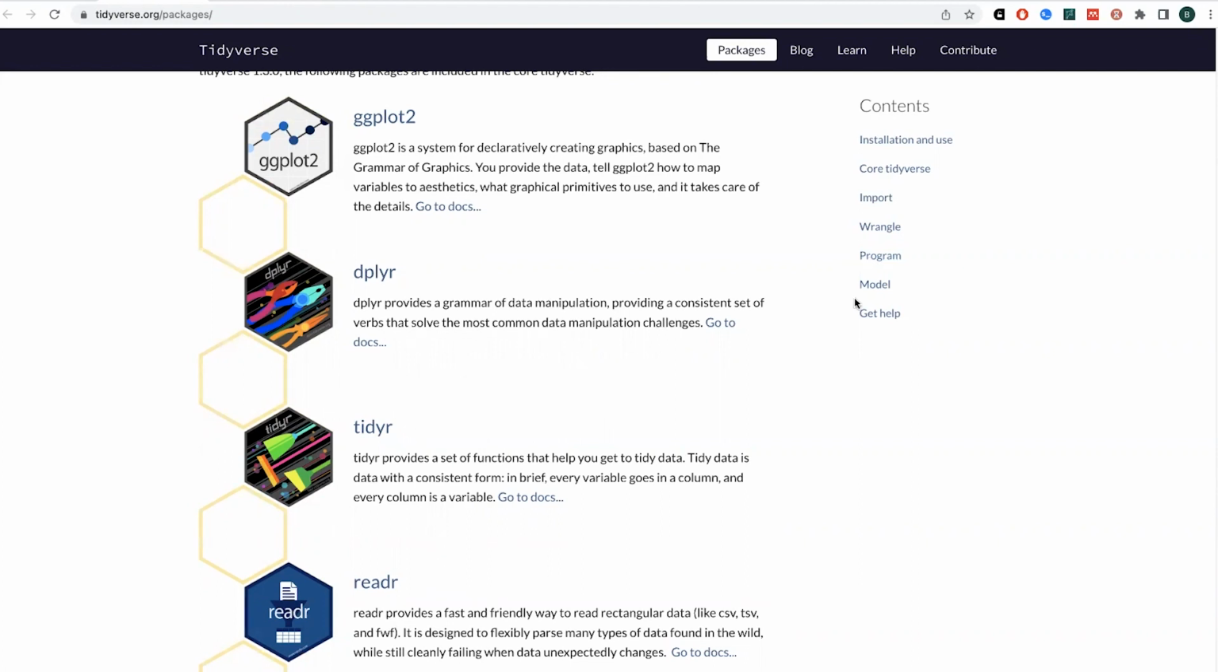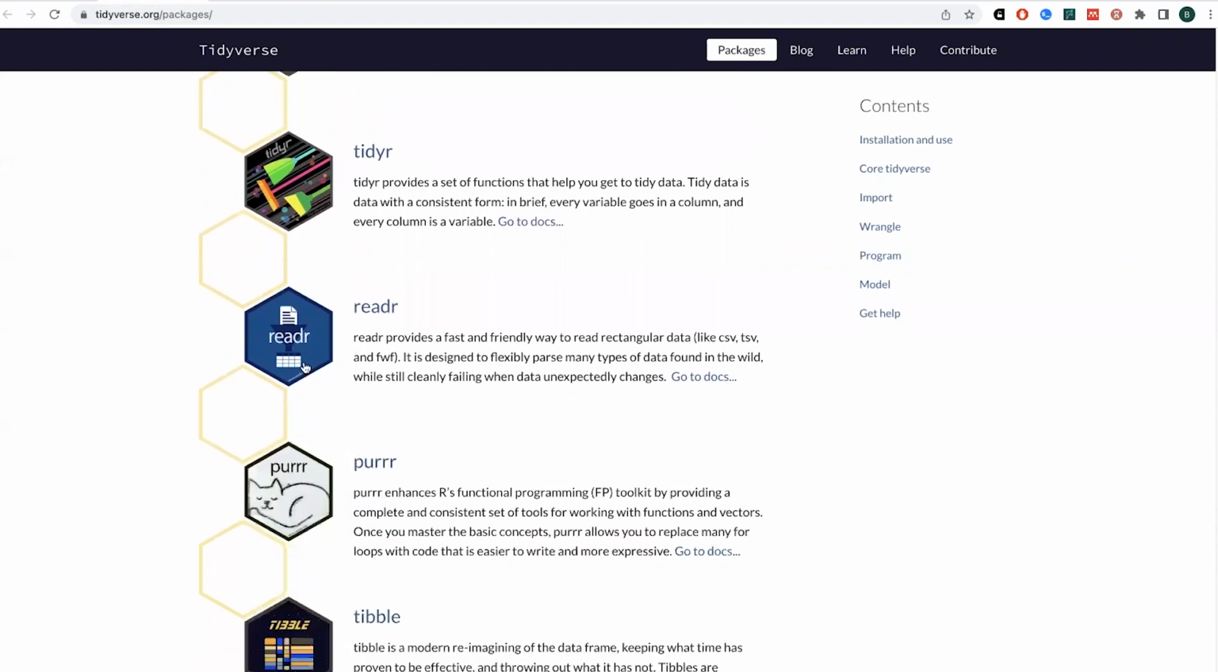But because those packages are all made by different people, some of them might use the same commands but have different functions, so they would conflict, or they use different syntax. So one of them you might use like a period, and one of them you might use an underscore. The nice thing about the Tidyverse is that it's all formatted so that